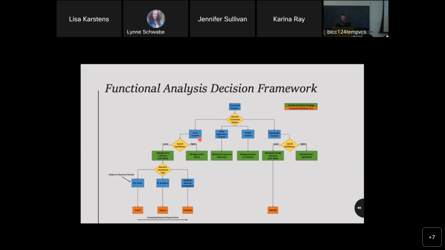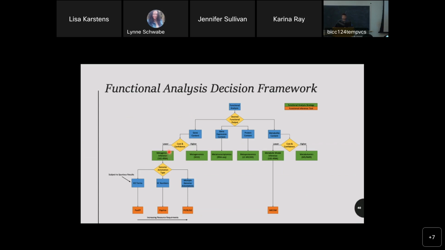If gene content is our desired functional output, then we have a choice between two different approaches. The first being metagenomics, which is done using WGS, and the second being metagenomic inference. The deciding factor here is the cost and the confidence of attaining results. So for metagenomics, we have high confidence in our results, but also high cost in attaining those results. Whereas if we're more concerned with the cost of attaining results, and we're not necessarily as concerned about the confidence in the results as we would be in an exploratory analysis that's going to be validated anyway, then we can